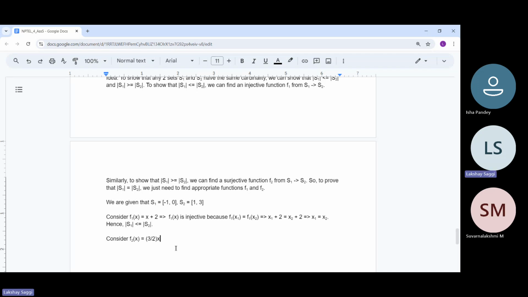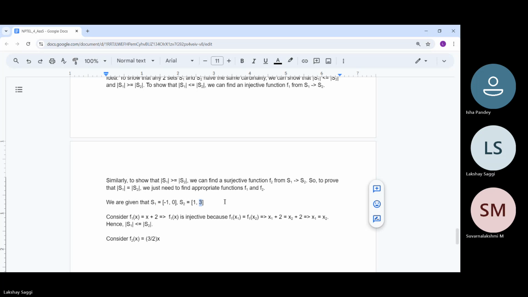Okay, so what I'm trying to find is a linear function which goes from -1 to 0 to 1 to 3. I'm trying to find a function which at x equal to -1 gives me the value 1, and at x equal to 0 gives me the value 3. If I have this sort of function, it will be linear, and so it will